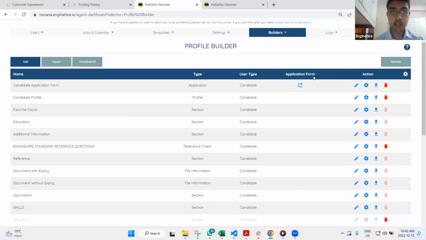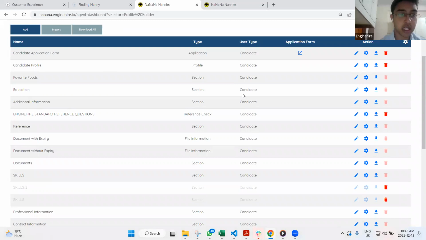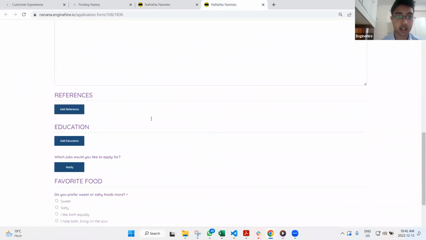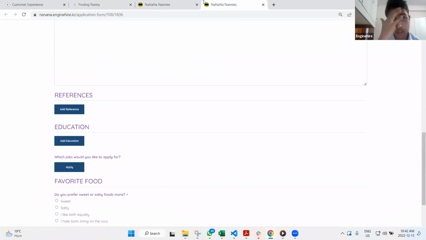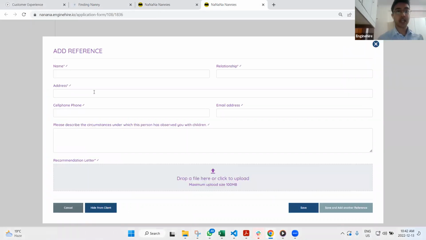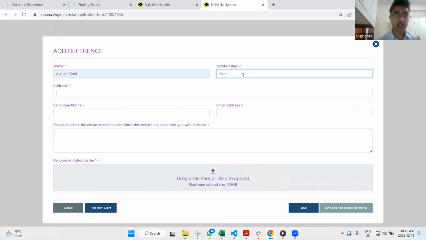What you can also do then is, I want to go over some of the more detailed sections or some of the special sections. One of the special sections are things like references and education. What makes these sections special is they're multi-add sections. We don't know necessarily how many references this person is going to add, so we create a form that defines one reference. So they can go ahead and put that in. Hopefully people aren't putting their mom as their reference, but